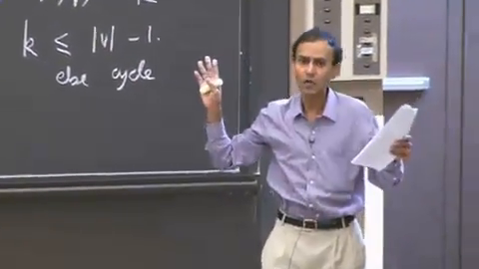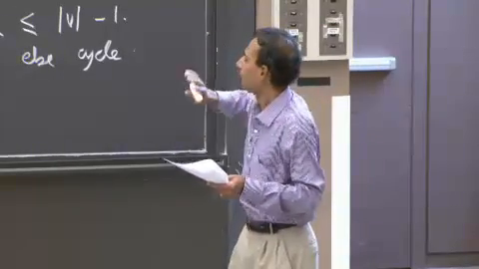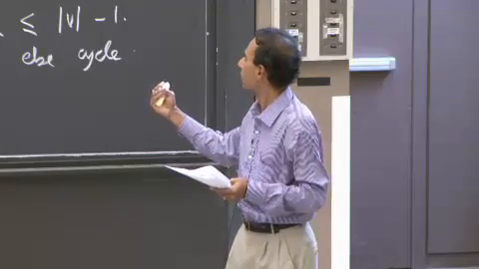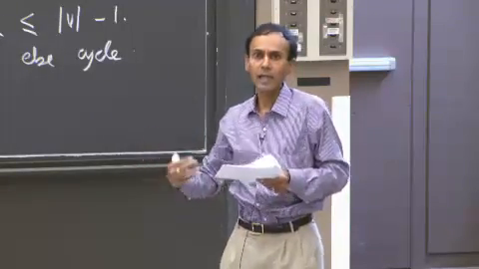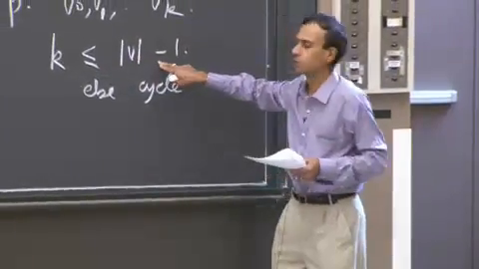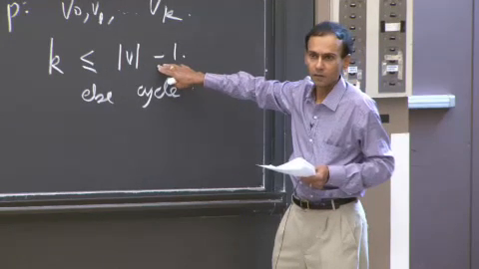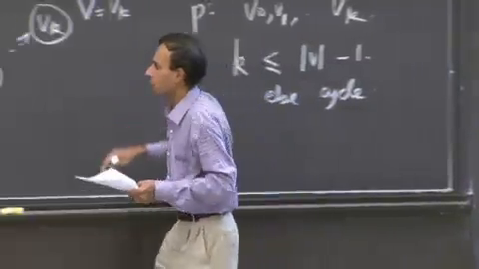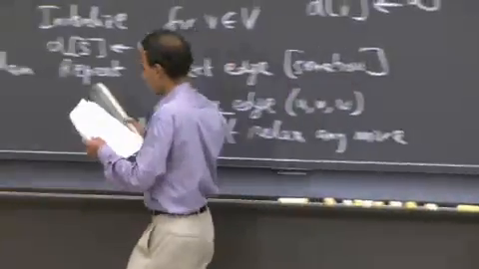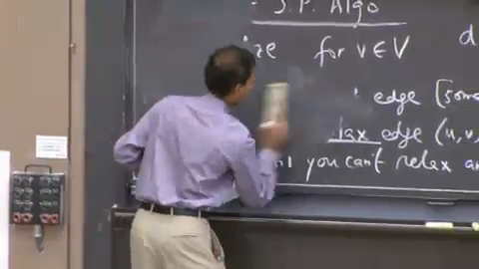But in the case where we're trying to prove the theorem, we know that no negative cycles exist. We can assume that no negative cycles exist, and we want to show that Bellman-Ford correctly computes each of the shortest path weights. In that case, there are no negative weight cycles, so we're guaranteed that K is less than or equal to V minus 1. All right? Everybody buy that? Good. All right, so that's the picture I want you to keep in mind. Let's dive in and prove this theorem. We can prove it using induction.